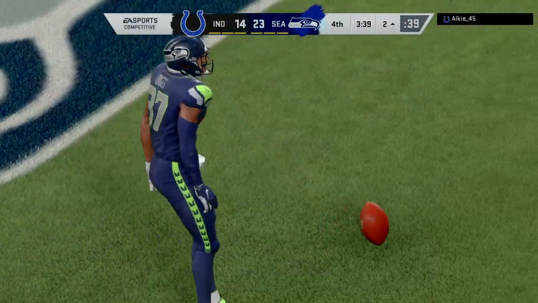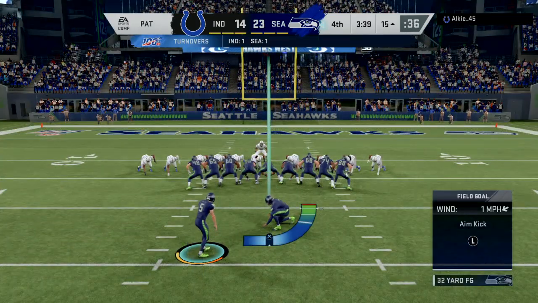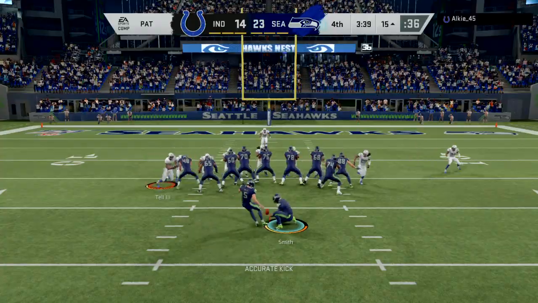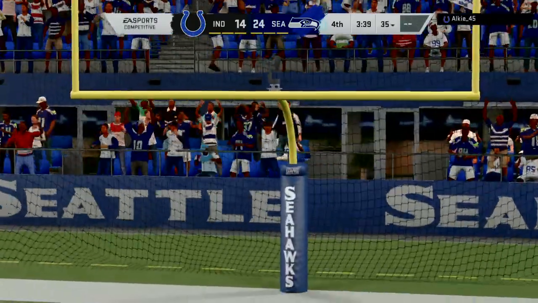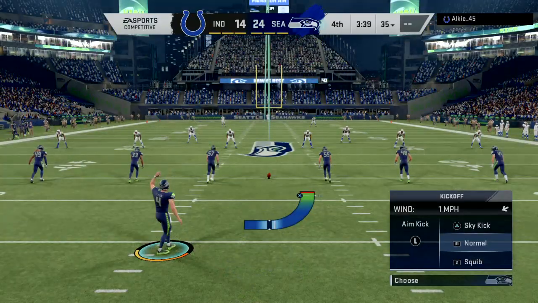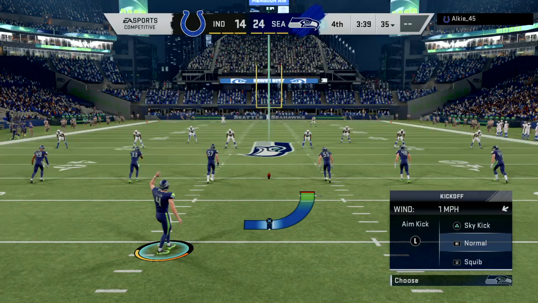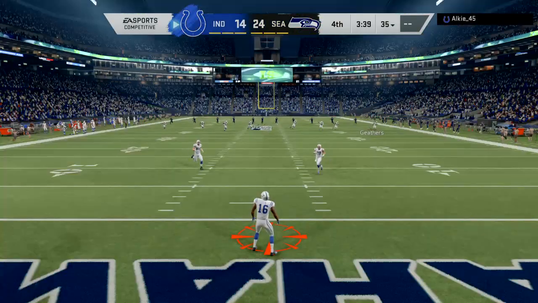3rd down, passing down. They throw the extra defensive back in there for a nickel package, and it worked out. Yeah, and it's not anything that you would think is just great strategy. It's just that when you have 5 defensive backs on the field and an obvious passing down, it's a lot tougher to complete a pass. And on that play, they completed it just to the wrong team, and it cost them 6 points. So they throw the pick 6. They'll get another shot at it now as this one's in the air.